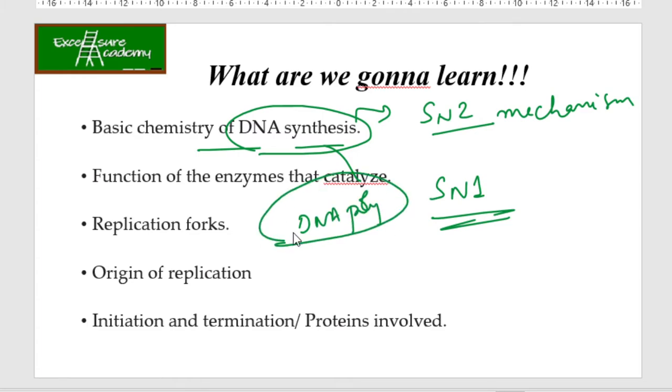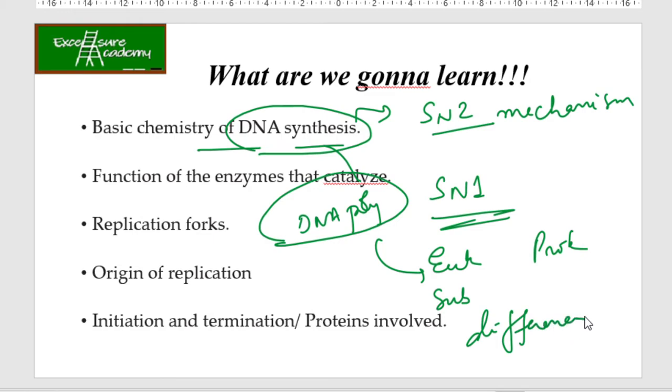So we are going to study about the DNA polymerase. Then you should know what are the different types of DNA pol present in eukaryotes and prokaryotes, right? What are their subunits, what are the differences. So जैसे जैसे हम इसको पढ़ते जाएंगे वैसे वैसे you have to make accordingly the notes also. Okay, then we also know different types of DNA polymerase. So eukaryotes हो गया, prokaryotes हो गया.